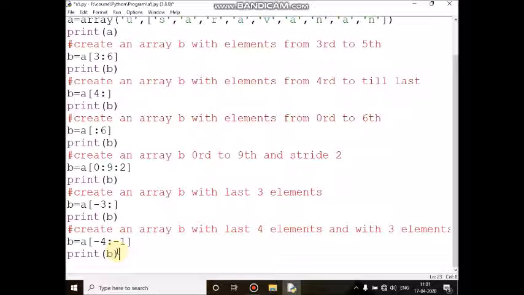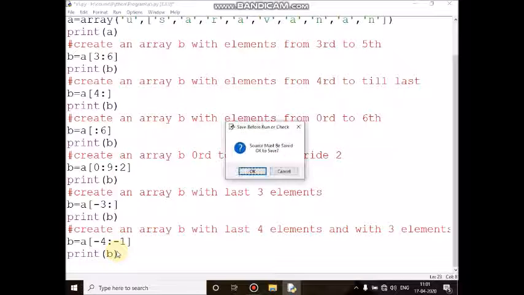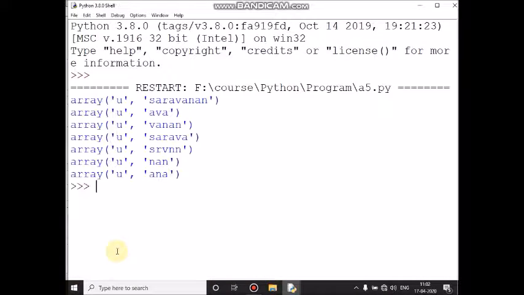F5 is used to run the program. The original array value is Saravanan. Here next one is from 3rd to 6th. 3rd to 6th means 3, 4, 5, it will bring.